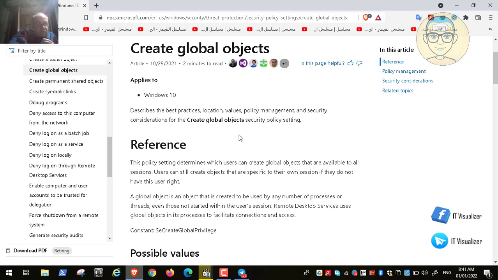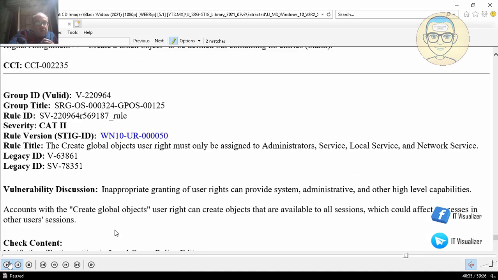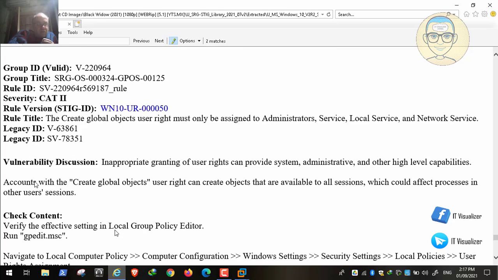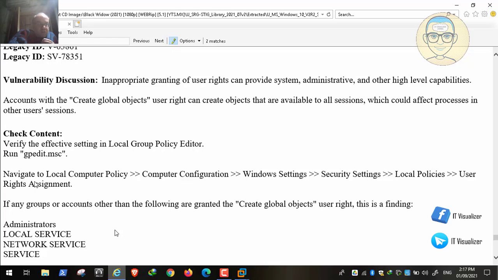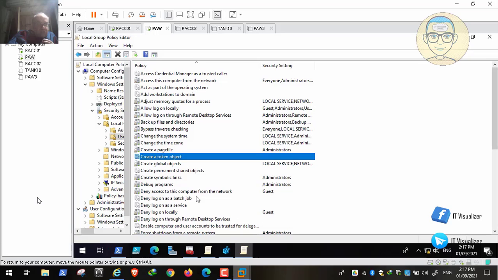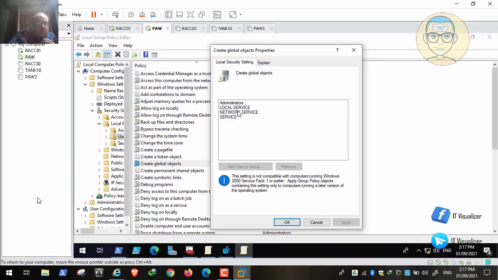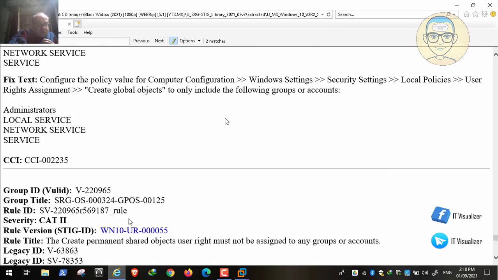Anyway, all we need to know is that this should be granted only to administrators and the users we have been talking about. Okay, so let's continue. I didn't understand this one quite well anyway. So this is by default, by the way. You will see all of these are created by default, so you don't need to change it. This is mostly how all group policies are created by default.